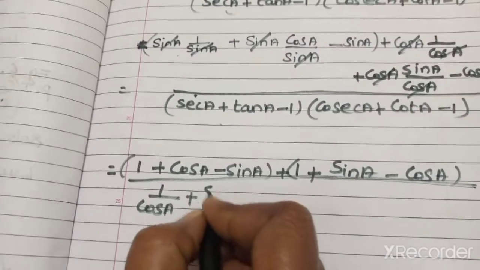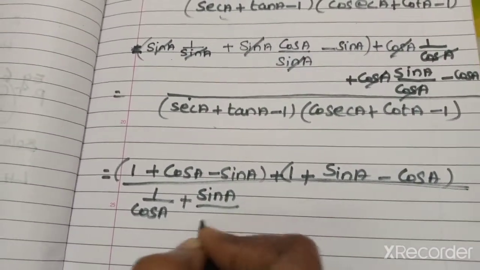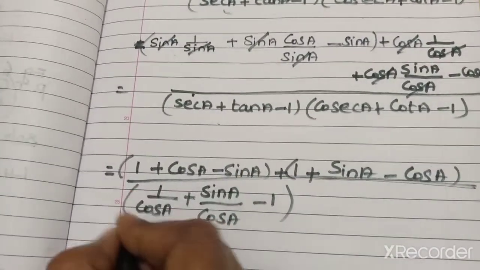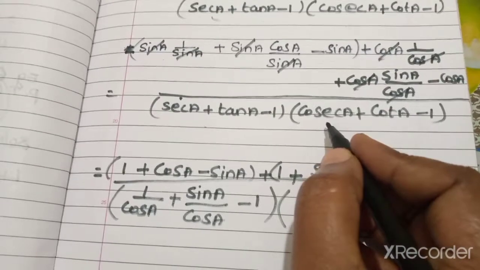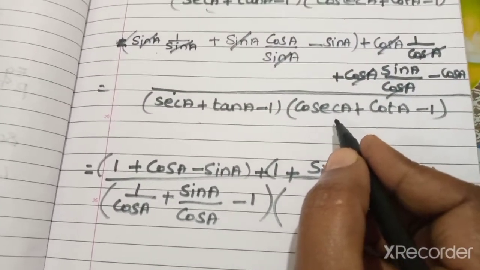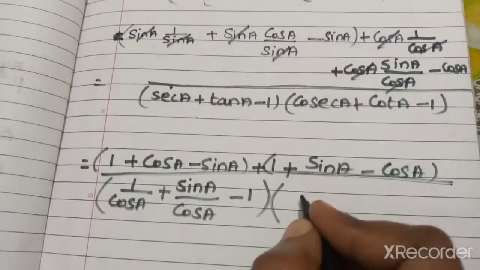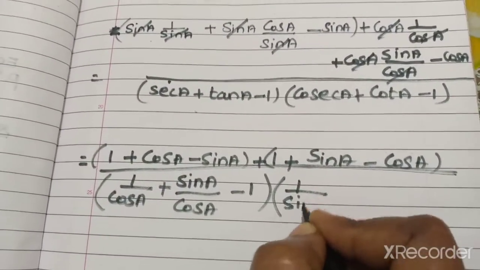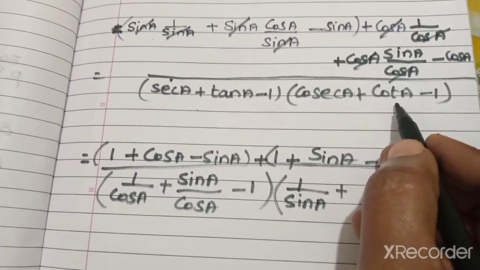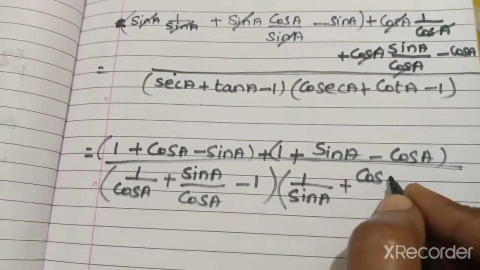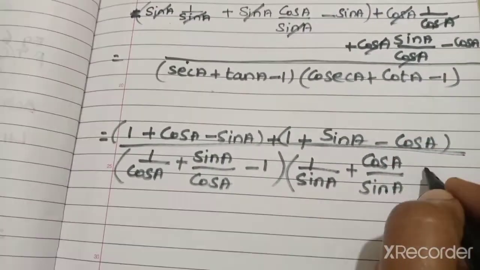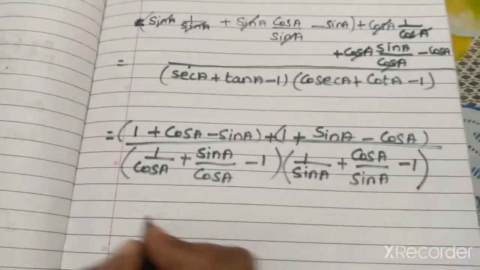So it can be written as sin A by cos A minus 1, close the bracket, into, here cosecant ratio can be brought into sin. So 1 by sin. Cosecant theta is 1 by sin theta. So cosecant A can be written as 1 by sin A plus cot theta. What is the formula? Cot theta is cos theta by sin theta, so that is cos A by sin A. There is minus 1, write it, close the bracket, which is equal to,